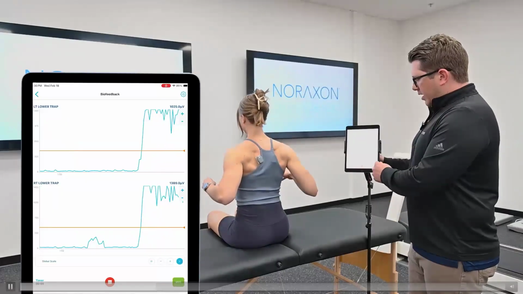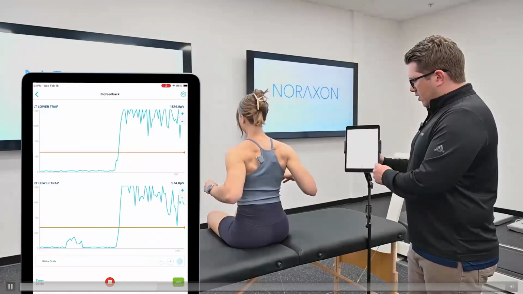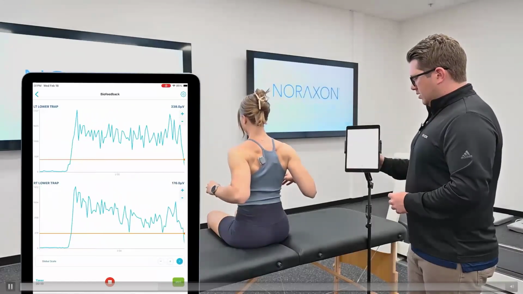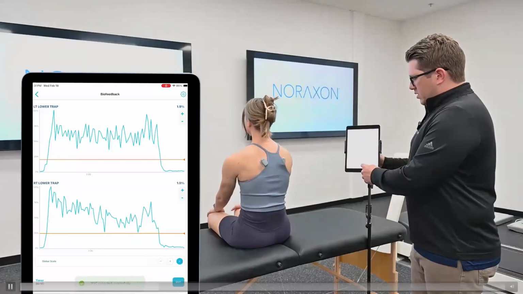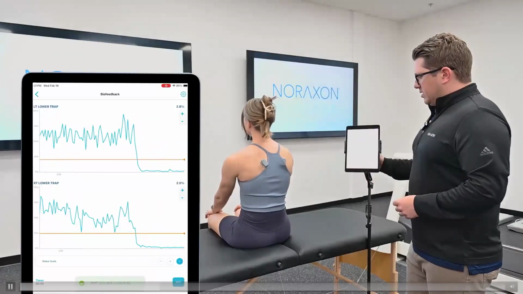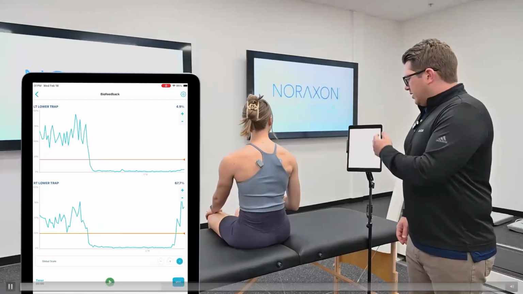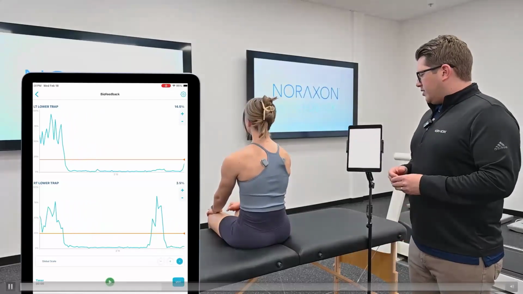So she's pulling back there. And hold, and that's good. When she's done, we'll hit stop. The MVC was recorded successfully, and now you can see that our data is represented as a percentage of that